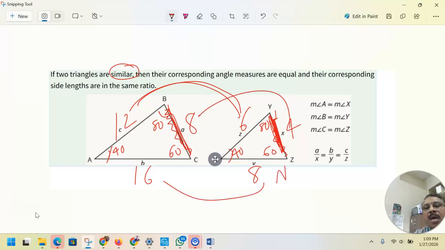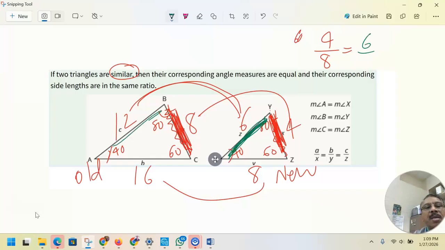This is the new triangle and this is the old triangle. So I can say this 4 divided by this 8 is equal to this green, the new side, which is 6, and this is the old one, which is 12,